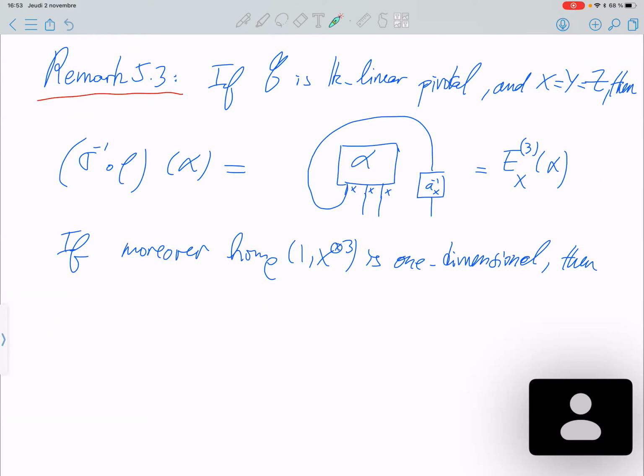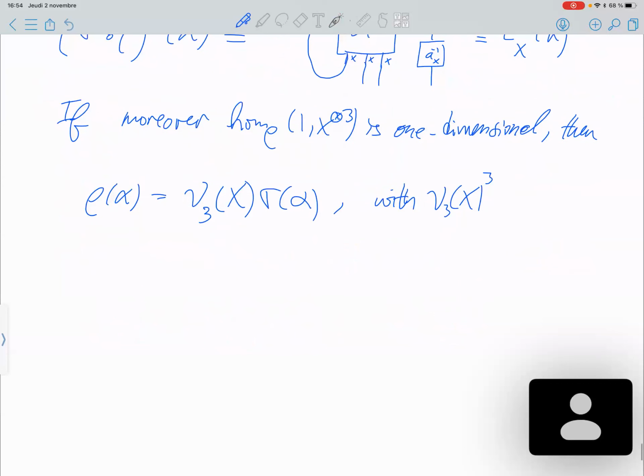So we have that equal to identity times the Frobenius indicator. So you can move this the other way. You get rho of alpha equals the third Frobenius indicator of X times sigma of alpha. The third Frobenius indicator is a third root of unity by